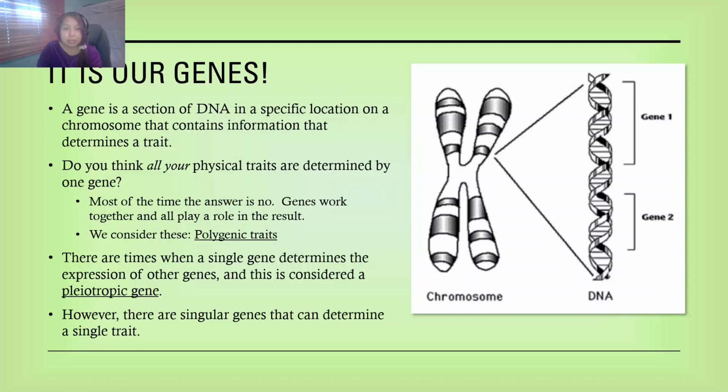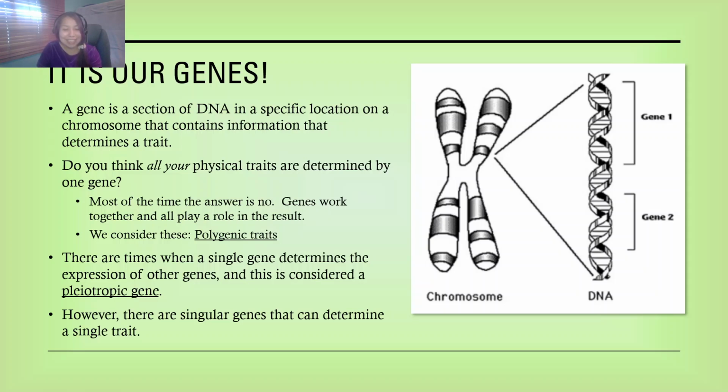A gene is a section of DNA in a specific location on a chromosome that contains information that determines a trait. So if we look at the image right here on this band, if we stretched out the DNA, we would find gene 1 and gene 2. Do you think all your physical traits are determined by one gene? Yeah, no. We have several